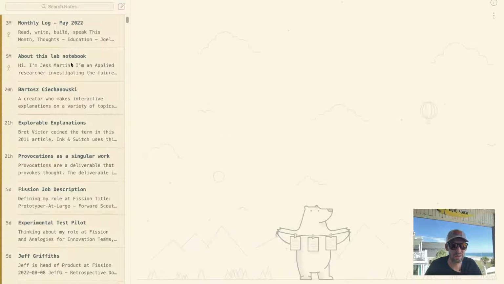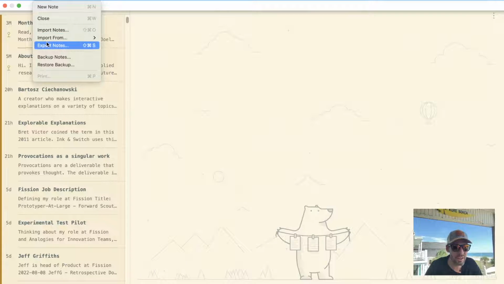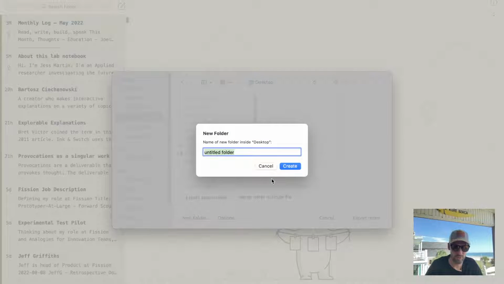Select all, which gives us 1,119 notes here. So here we go. Not right click, but File, Export Notes. All right. Yeah, this is my test Bear export from a while back. Let's see, where's the new folder? There it is, new folder. Bear export, this will be 2022-09-07.